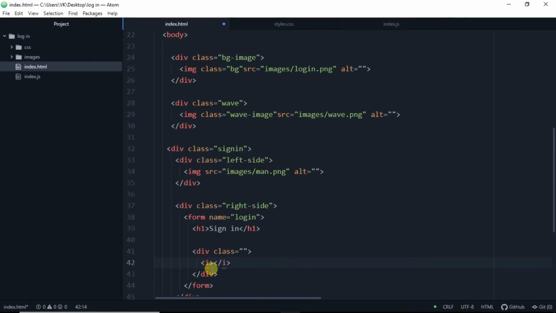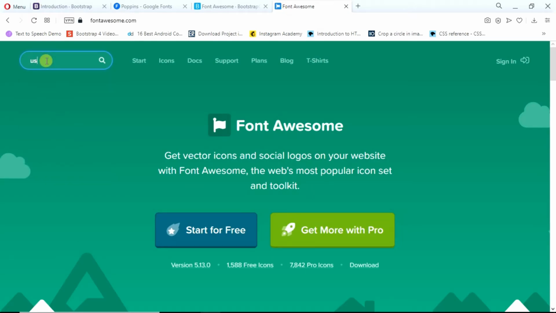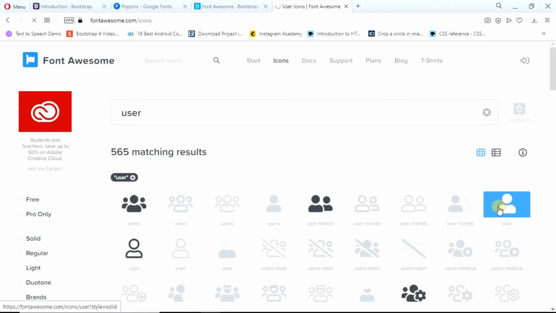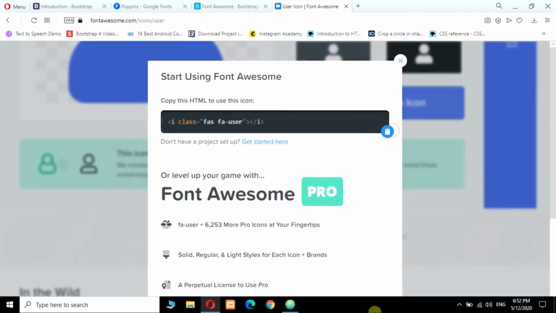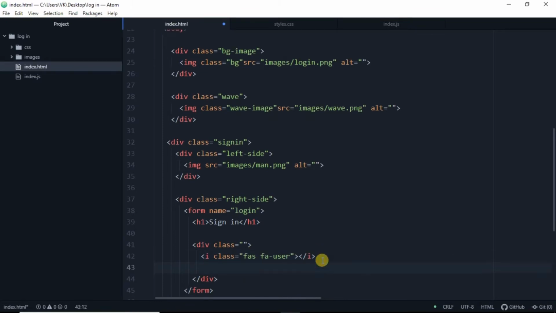Let's go to Opera, cut it out, and let's go to Opera again and search for fontawesome.com and then search for user. You can see this last result on the first row. Let's click on start using this icon and copy it and paste it here.